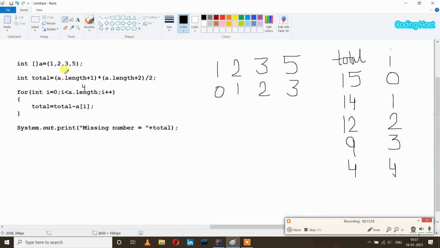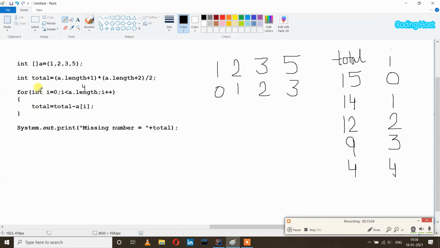So what we are doing in this program is that, first we are finding the sum of the numbers up to n plus 1. We have to use this formula, and we have to enter here the length of this array: length plus 1 into length plus 2 divided by 2. After that we will get the sum of all the elements including the missing element, and we will store it in this total variable.